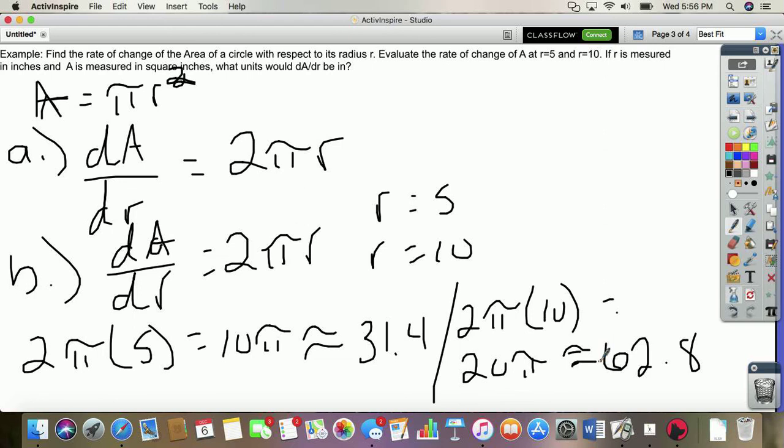And so for every square inch of area, we have 1 inch of radius, right? So we have 1 inch of area for every